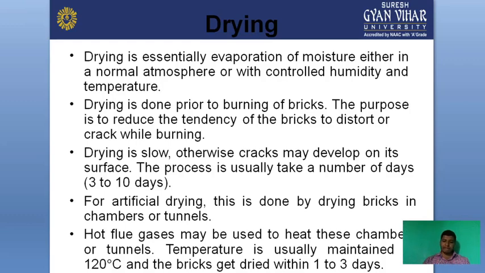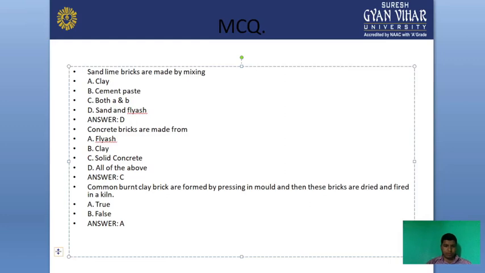तो दिस इज़ अवर फर्स्ट MCQ। क्वेश्चन पूछ रहा है कि सैंड लाइम ब्रिक्स आर मेड बाय मिक्सिंग। ऑप्शन है क्ले, सीमेंट पेस्ट, बोथ A और B, सैंड एंड फ्लाई ऐश। कि सैंड लाइम ब्रिक किसको मिक्स करने से बनता है। तो जाहिर सी बात है कि अगर हम सैंड के साथ कुछ मिक्स करेंगे कि सैंड लाइम ब्रिक बनेगी, तो उसका राइट आंसर होगा सैंड एंड फ्लाई ऐश।